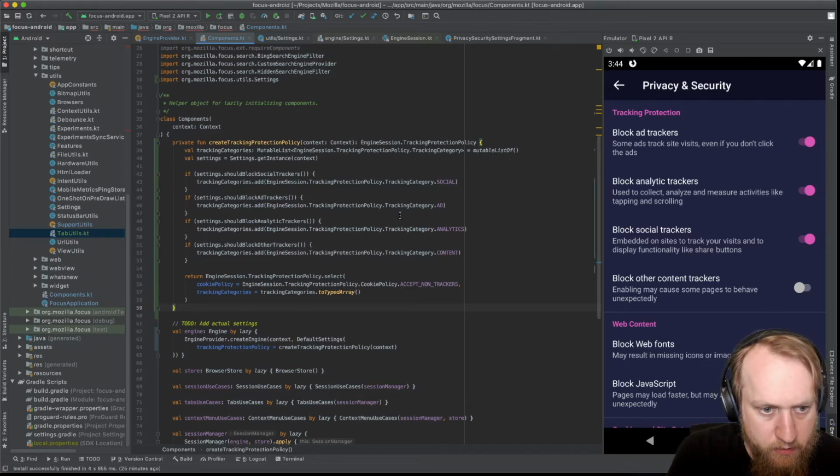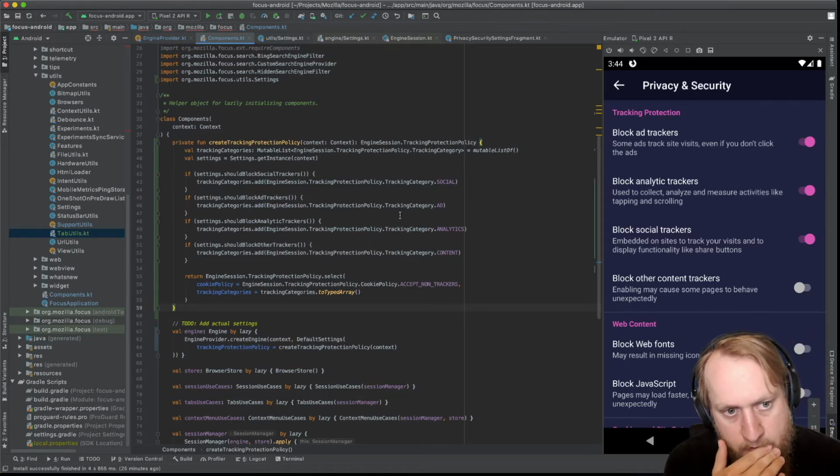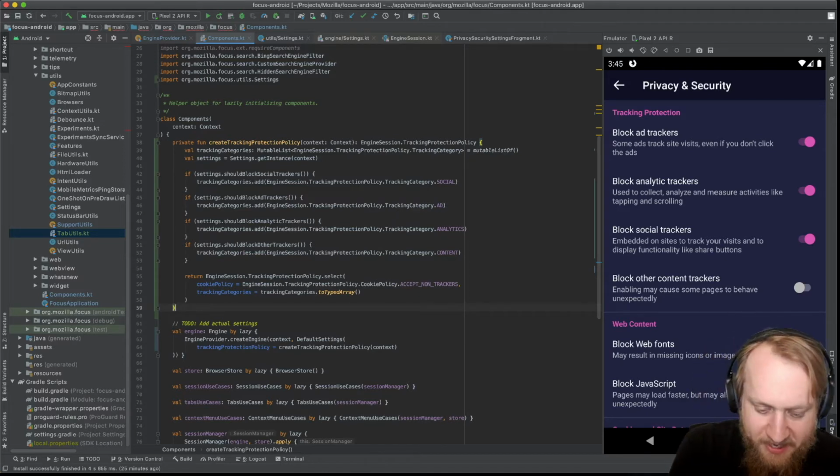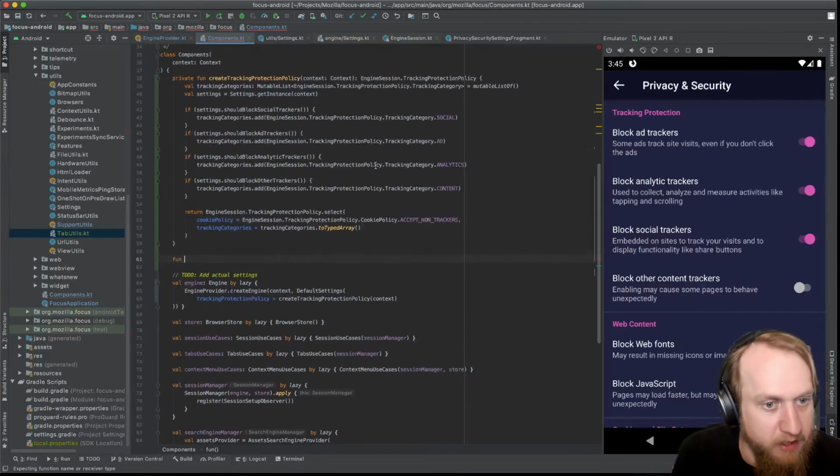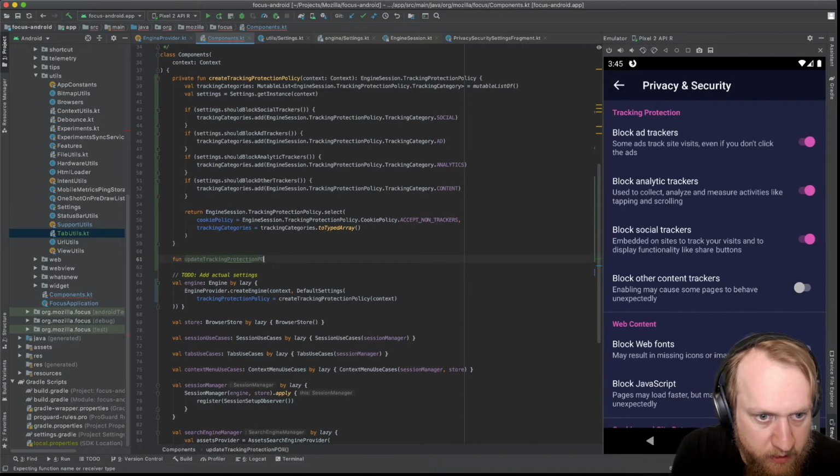What we could do, yeah, but I'm still not sure where we place the code, but we could start, at least to make it work, add a function here, update tracking protection policy,